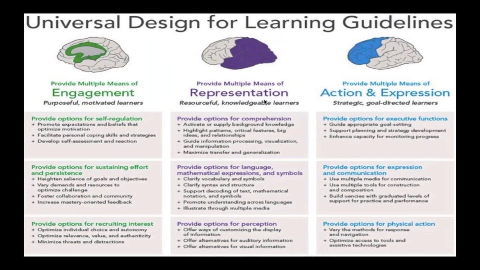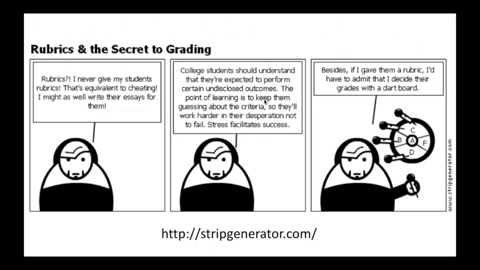This is just another sheet to show you how the guidelines look differently. I still prefer the older one, which was the first one. I'm going to read the cartoon. Rubrics, I never give my students rubrics. That's equivalent to cheating. I might as well write their essays for them. College students should understand that they're expected to perform certain undisclosed outcomes. The point of learning is to keep them guessing about their criteria, so they'll work harder in their desperation not to fail. Stress facilitates